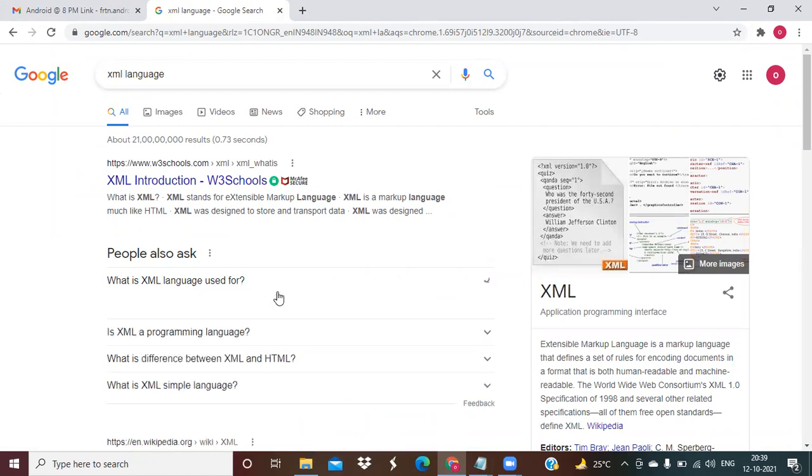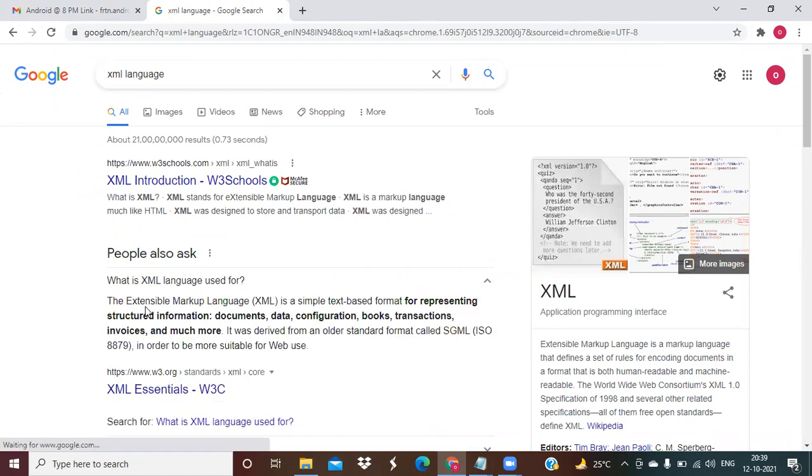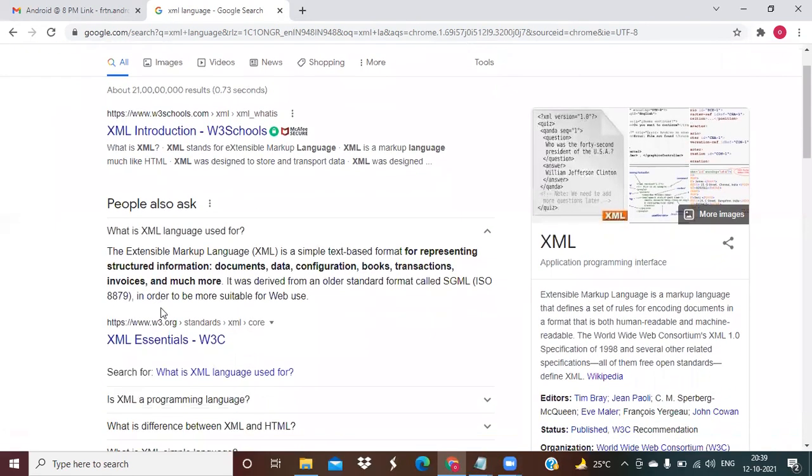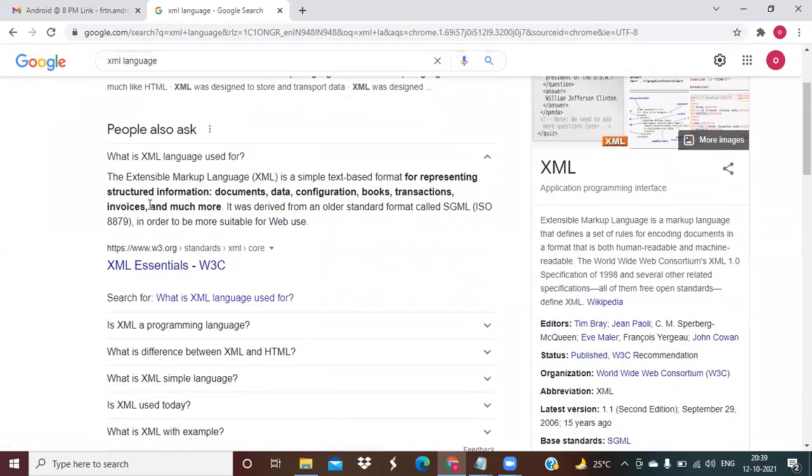Okay. XML language. Just see what XML language is used for. So this is the abbreviation. It is an extensible markup language, a simple text-based format for representing structured information like documents, data, configuration, books, transactions, invoices, and much more.